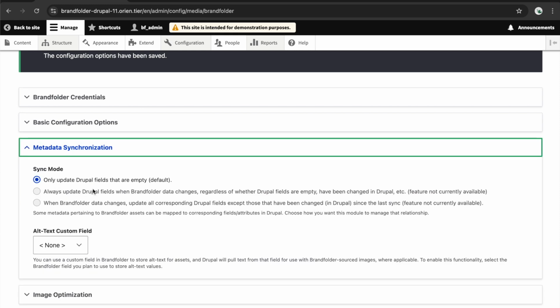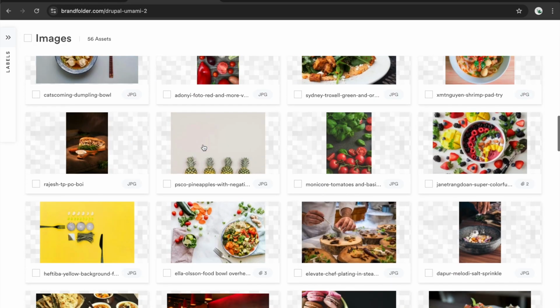Under metadata, you'll see it alludes to the fact that we can pull metadata from Brandfolder into Drupal and apply that to Drupal media entities. We'll look at that a little bit later. Alt text, though, is worth noting. We give special treatment to that, and what we recommend is setting up a custom field in Brandfolder for alt text. So if you look at our Brandfolder here,